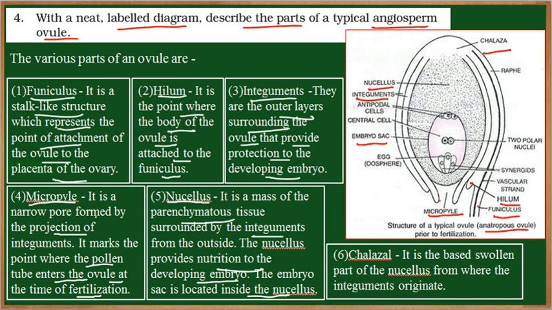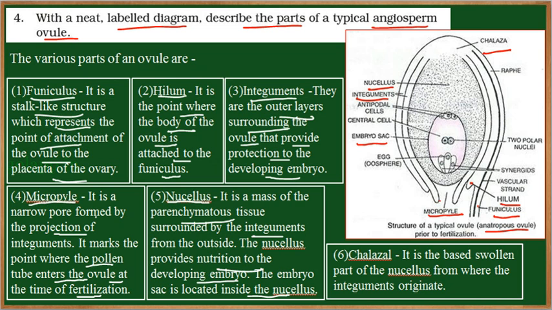They are generally parenchyma in nature. The type of cell is parenchyma cells. And the main function of these cells is to provide nutrition for the developing embryo. So after fertilization, when the embryo is formed, it obtains its nutrients from the nucellus. And the nucellus is a place where the embryo sac, that is the female gametophyte, is present. So here we can see this is the embryo sac. It is formed within the nucellus of the ovule.